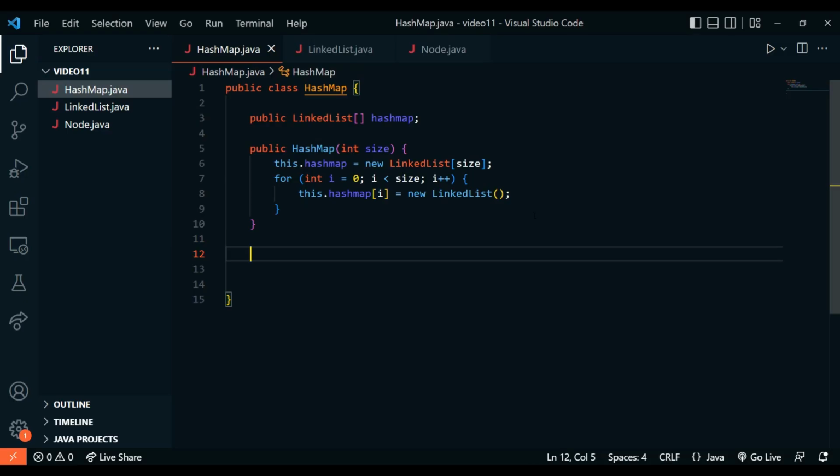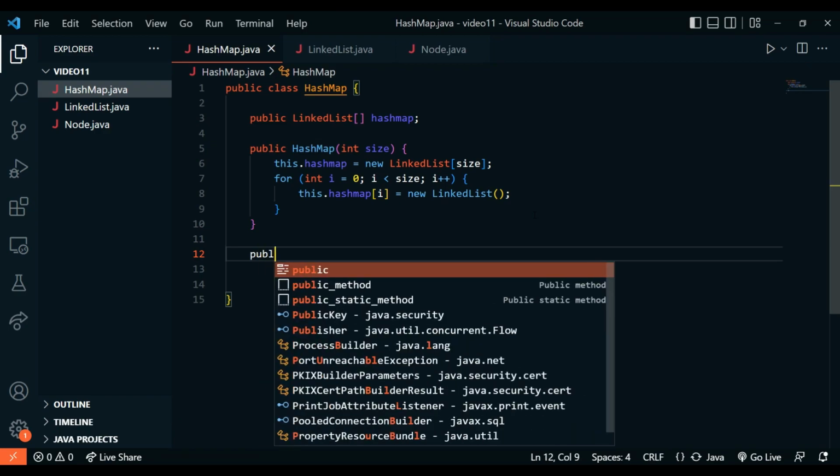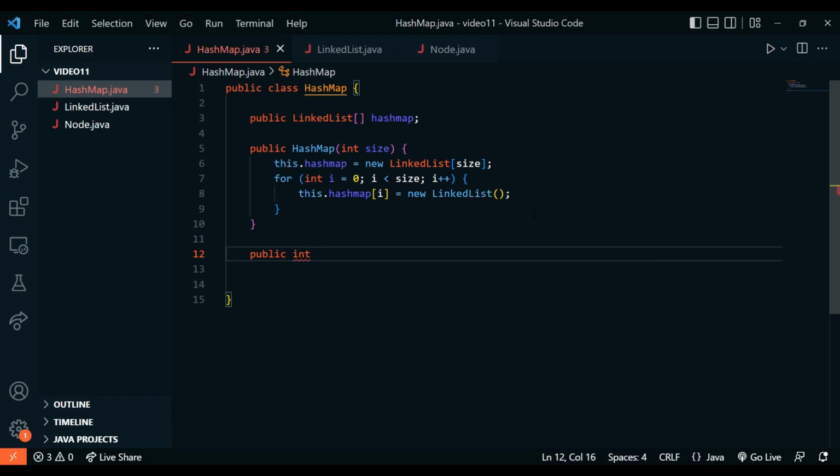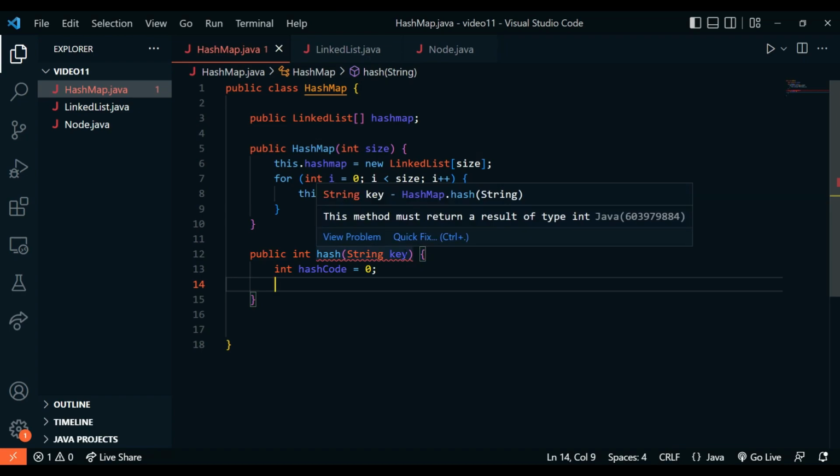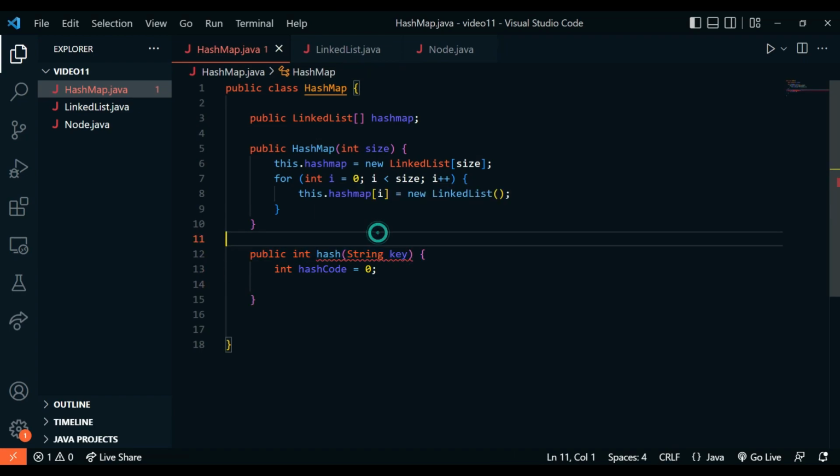Now we could go to our special hash function. So public, it would return an int index. And we'll call this hash. What we'll do is pass in the string key. And first of all, we want to actually get some kind of hash code. So we could have the int hashCode. So we wanted the hash code to be assigned to 0. After that, we want to actually get every single letter from the key. Suppose the key is Bob. So let's say